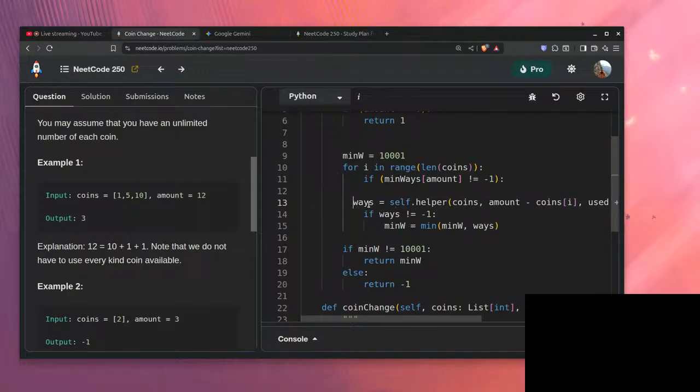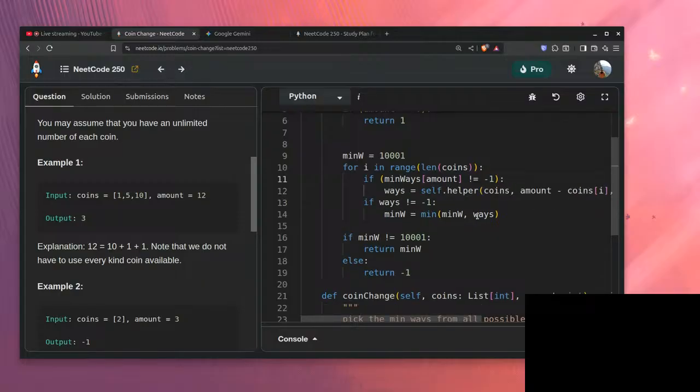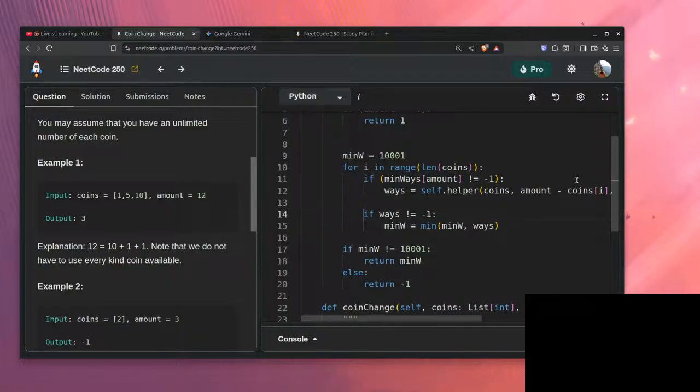I will call this, then once I've got the value, if it's not equal to minus one, what I can do,